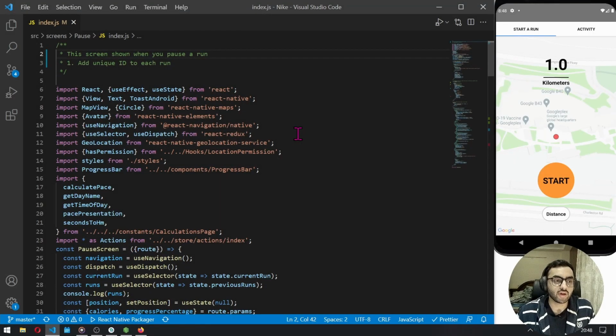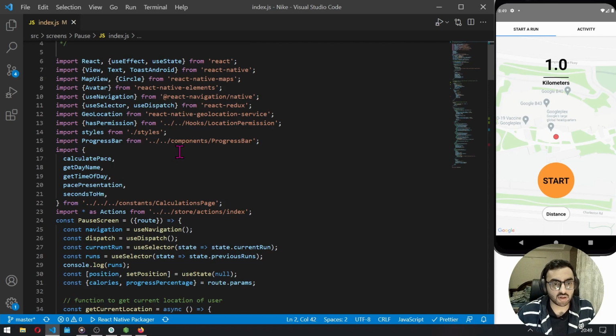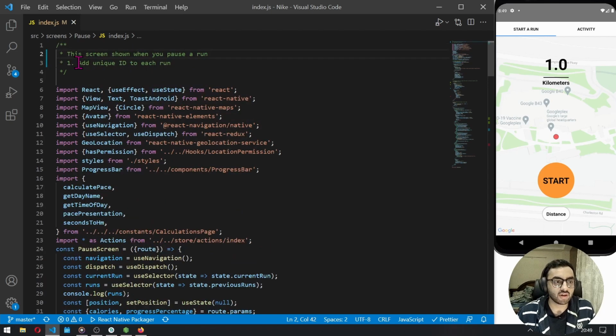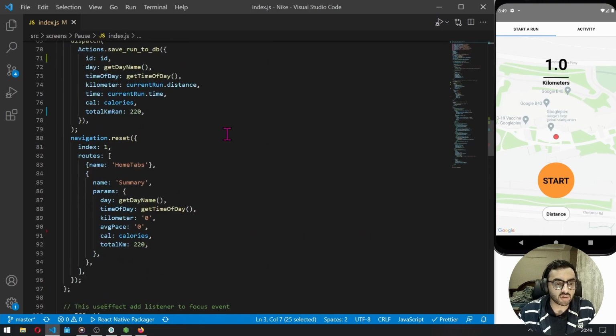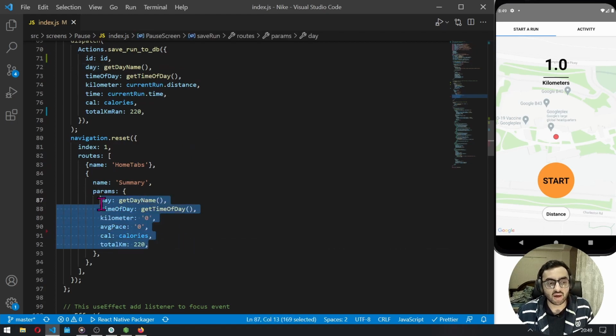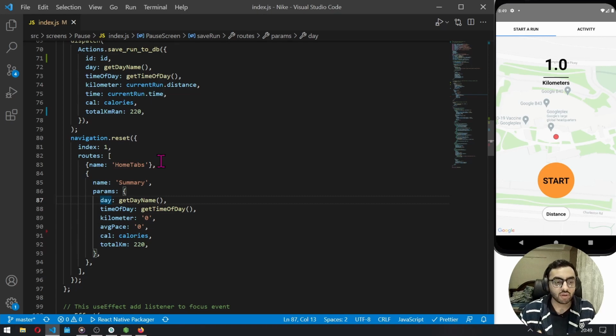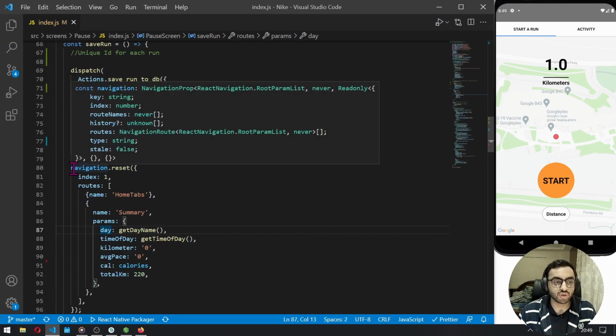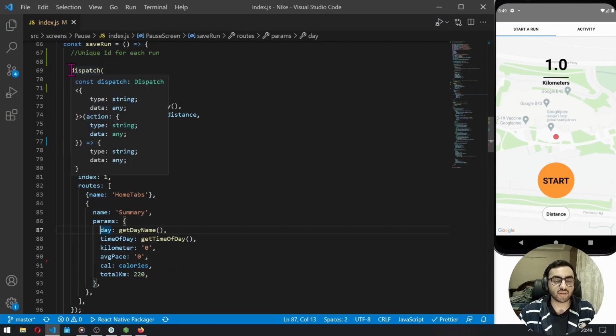Alright guys, let us move ahead with our application. As you remember, we had done a lot of work on our pause screen in the last video. Now only one task is left, that is adding a unique ID to each run. I remember that in our last video I told you that we can just give the index value as a parameter to the summary screen, but that won't work, because whenever we are dispatching and navigating to the new screen simultaneously, at the same time,